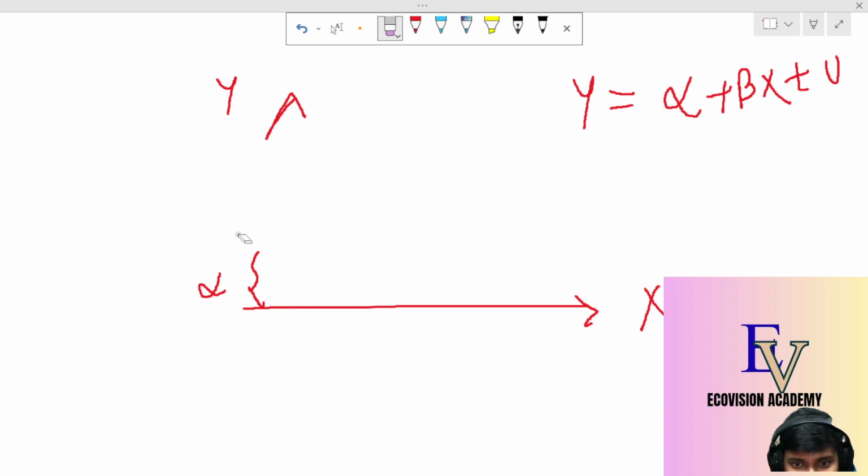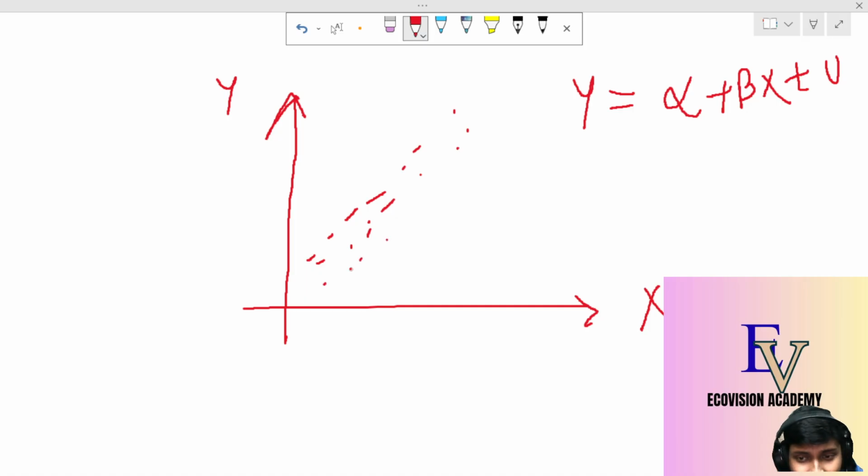Suppose my scatter plot looks like this. So we can easily say, sir, there is a linear trend between y and x, and we can go for a linear regression, because there is a linear upward trend. If you fit the regression line, it will look like this. We will fit a linear line, and so we go for a linear regression. But